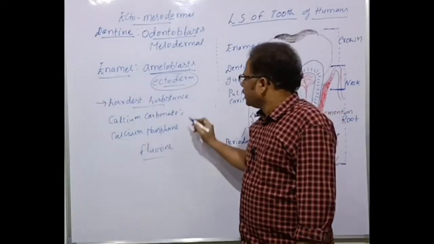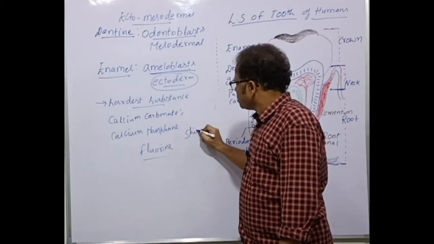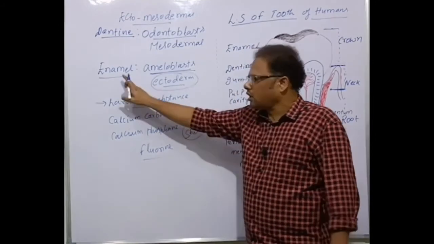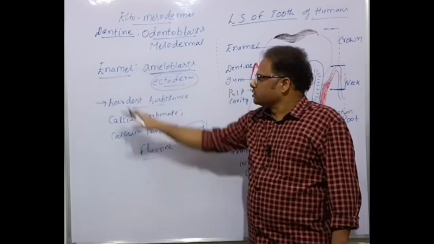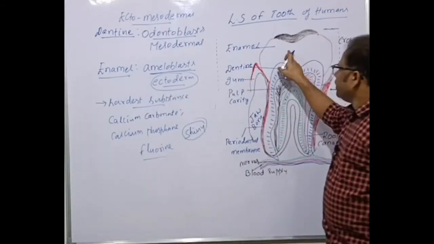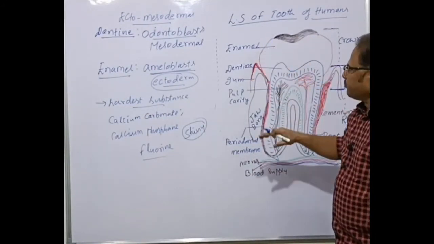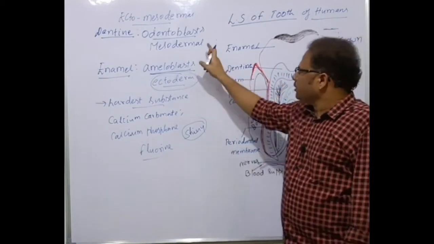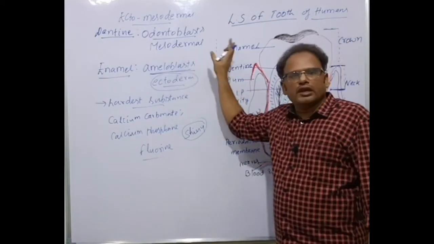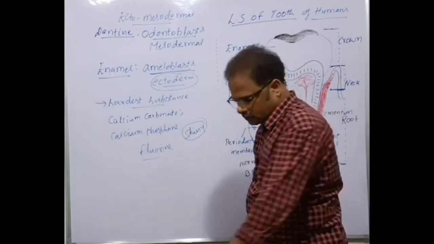It also has a shiny appearance. Getting my point, all of you students? So the dentine of the crown is the enamel. Okay, we brush the teeth, and which one is covering? Enamel is covering it. Okay, students.